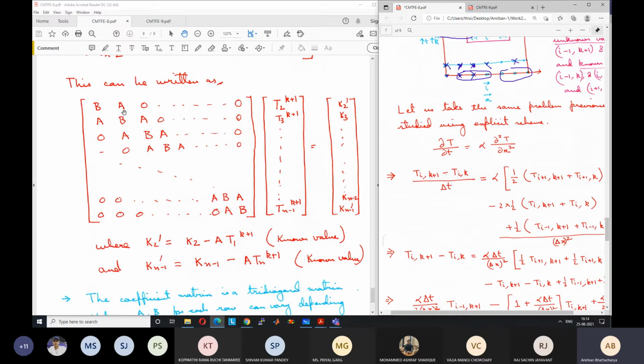So for those types of problems, those actually take a lot of time. The dependency is n cube. So if n is the number of grids, the time scales as n cube. If you have 100 grid points and it takes 1 hour to solve, if you have 200 grid points, it will take 8 hours, because you have double the number of points, double the number of equations. Your time will increase by 2 to the power 3, 2 cube, 8 times.